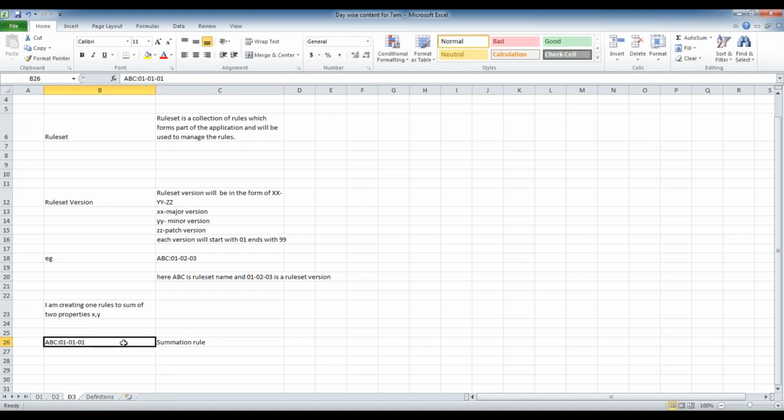So while saving the rule in this 01 01 01 version, I use z instead of y. Let's say there are different properties in the system. So by mistake I used x plus z instead of x plus y. So I need to rectify that, right? I need to rectify that. So to rectify that,